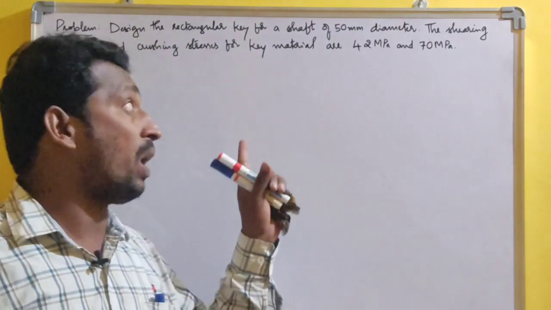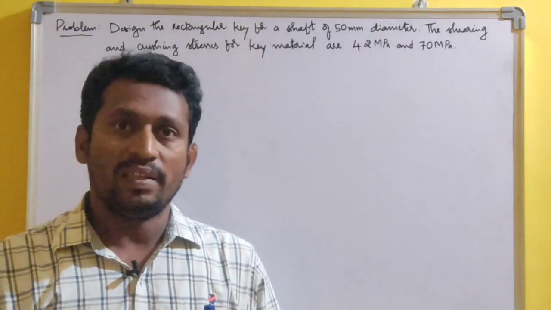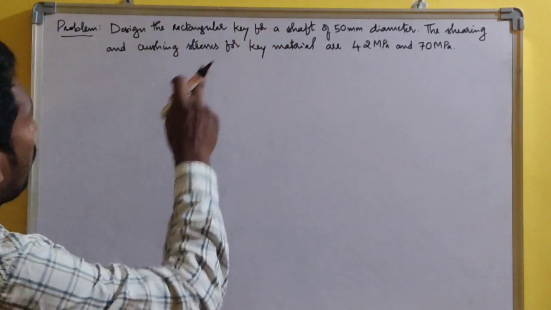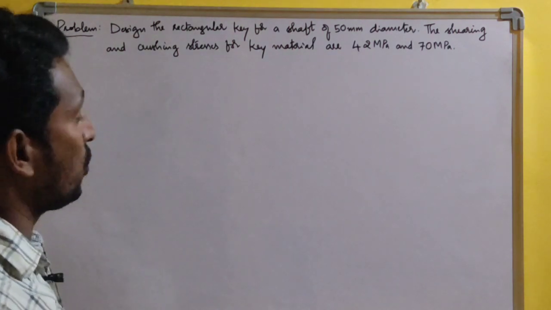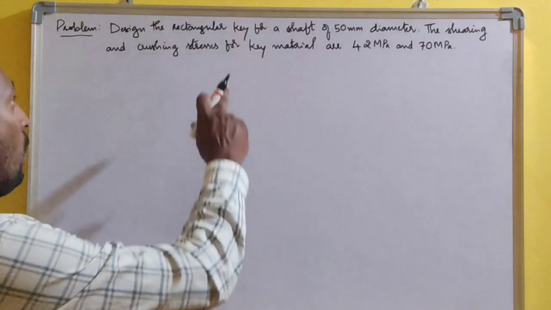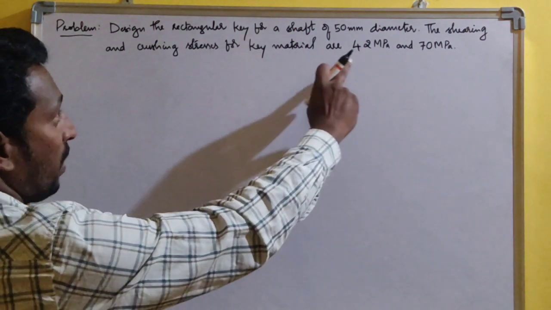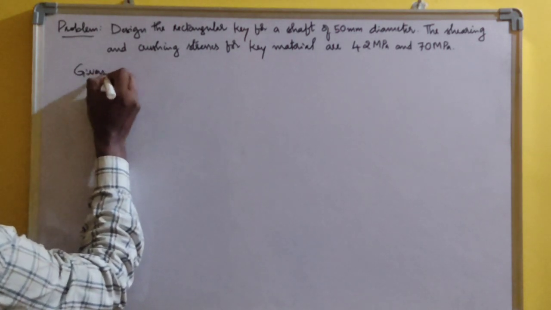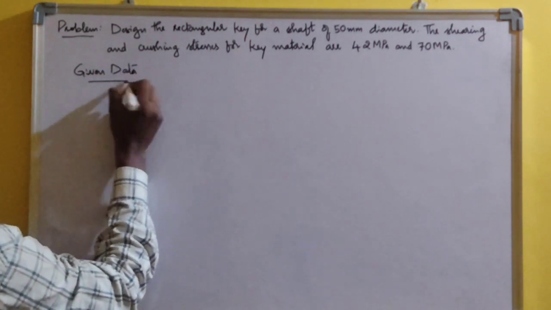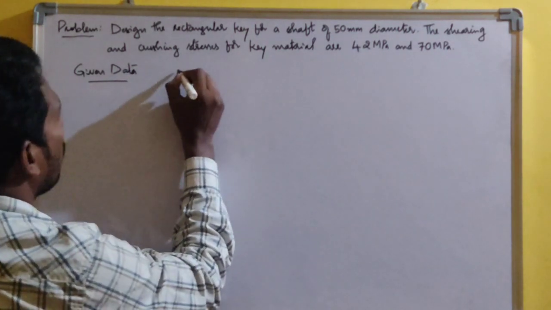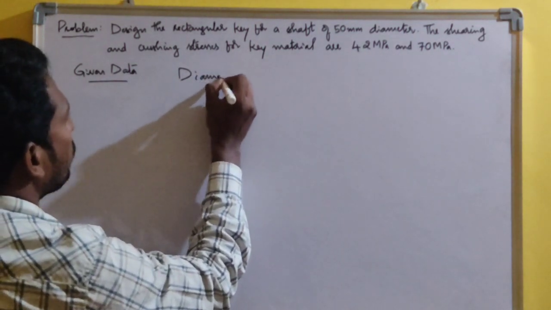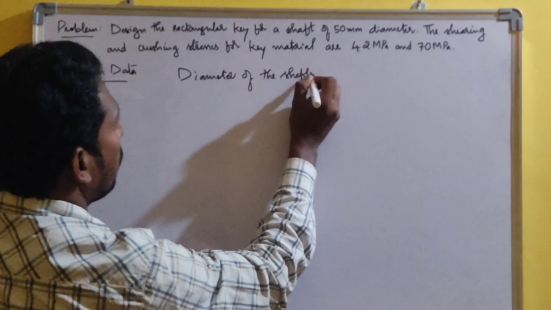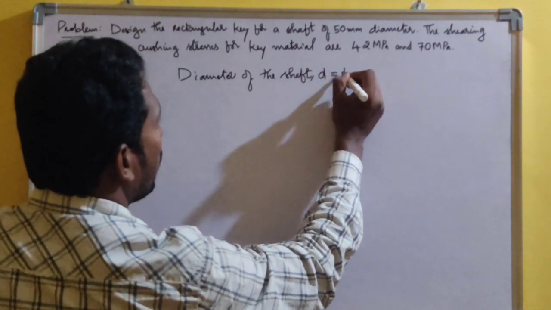So here we will solve one problem on the same concept, that is design of the key. Now this is the problem. You can see: design a rectangular key for a shaft of diameter 50 mm, and the shear stress and crushing stress values are given in this problem. So let us write the given data. The first one is the diameter of the shaft, small d equal to 50 mm,